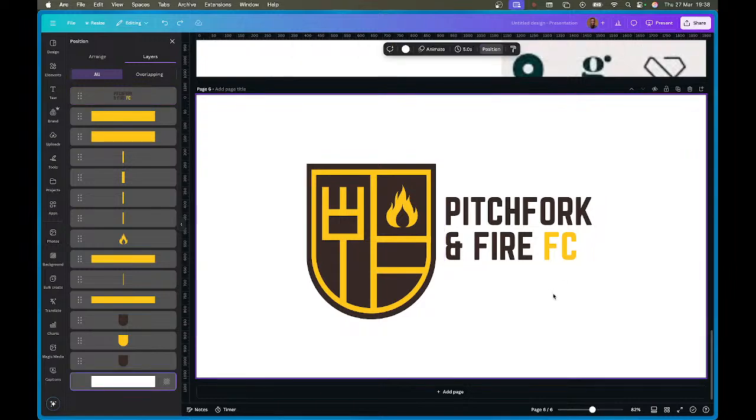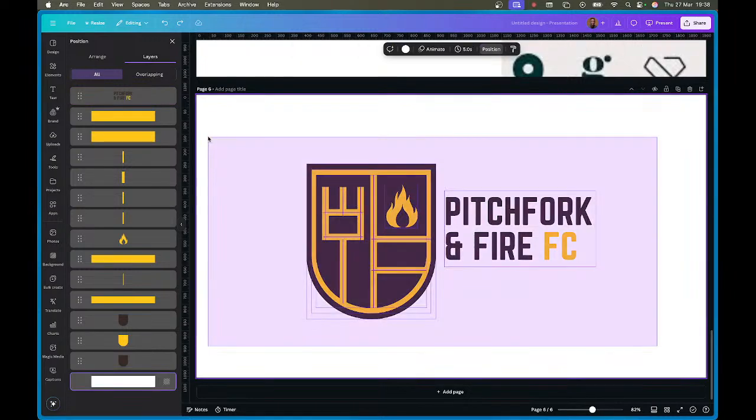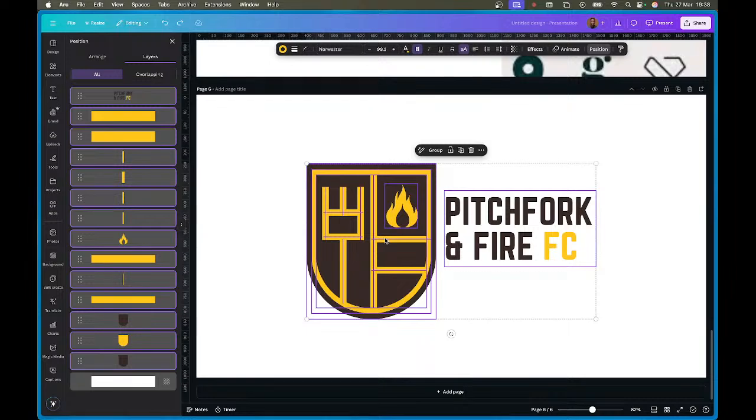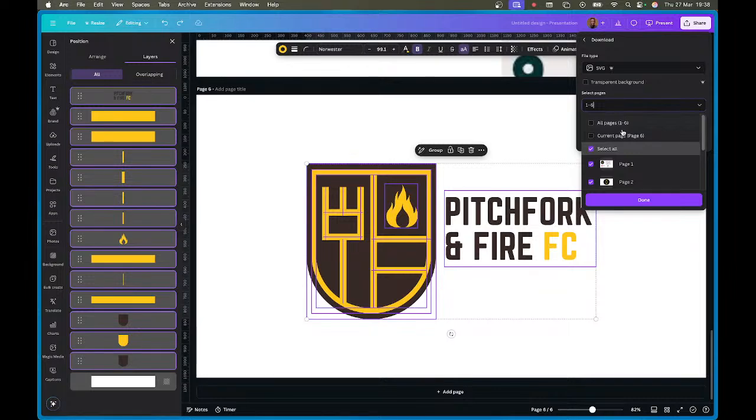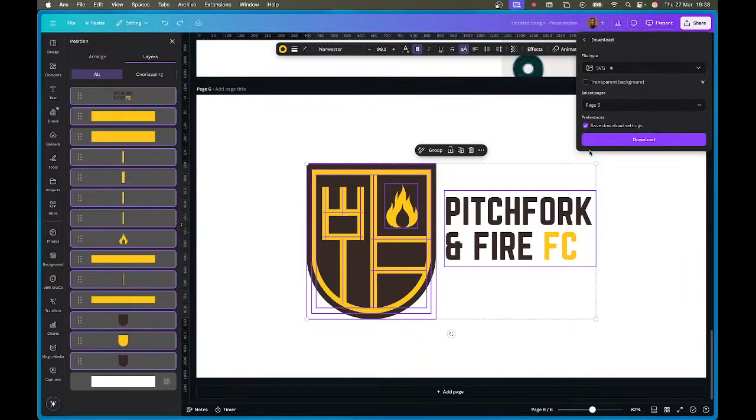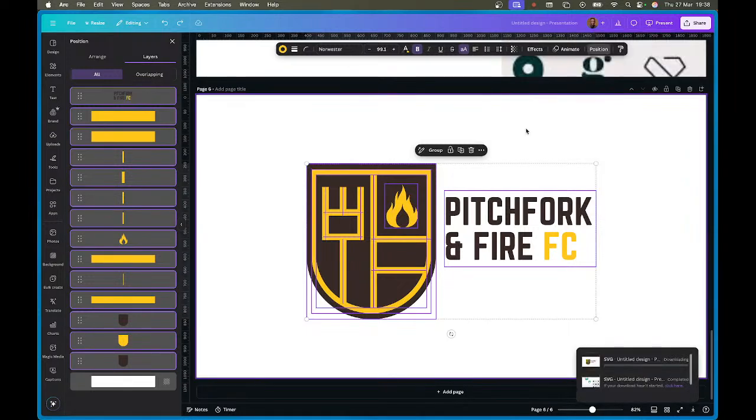So we're going to do that same operation on how you can get your logo reusable, that you can even print on high quality and it won't pixelate. So I'm going to download this time around. We're downloading the last page, so I'll select all and deselect, then go to page 6, download. It was already on SVG, so